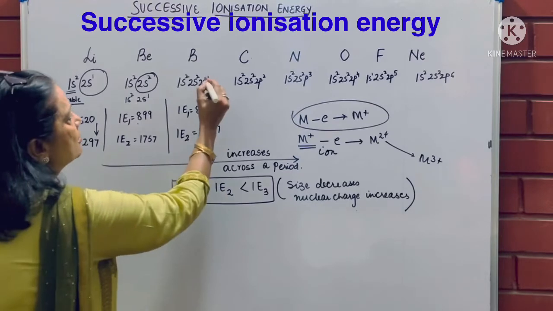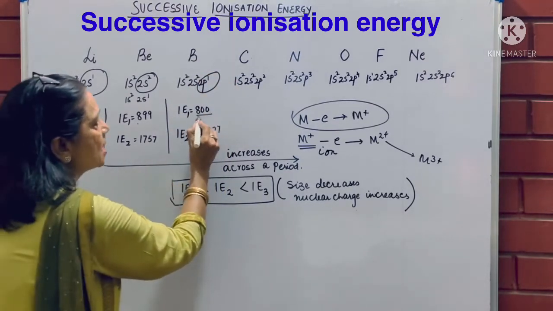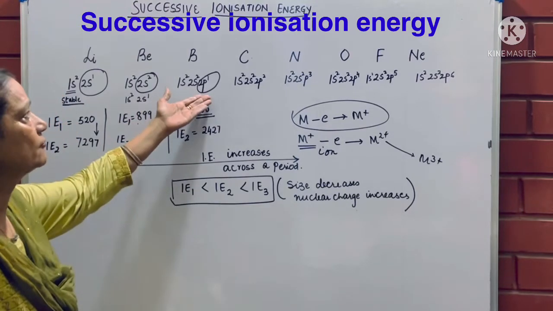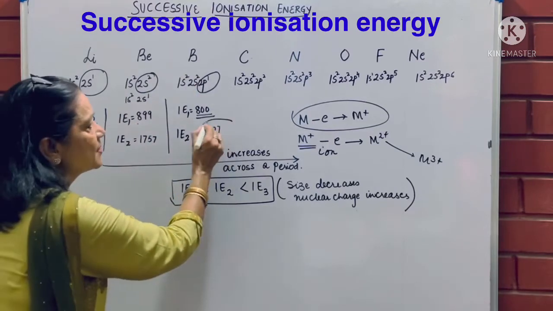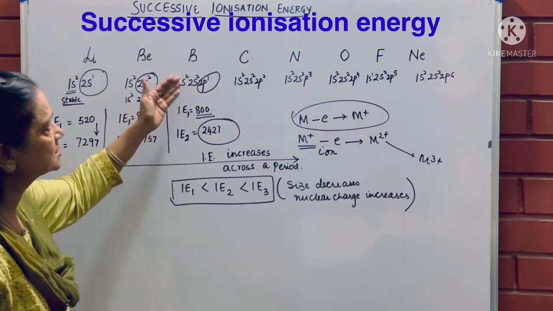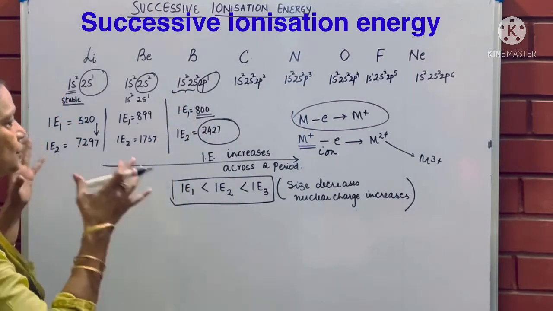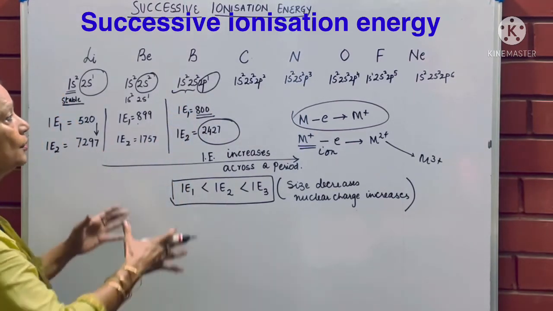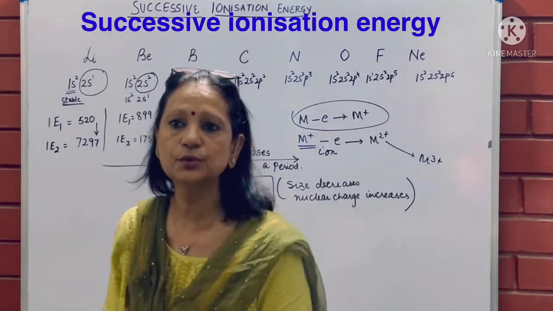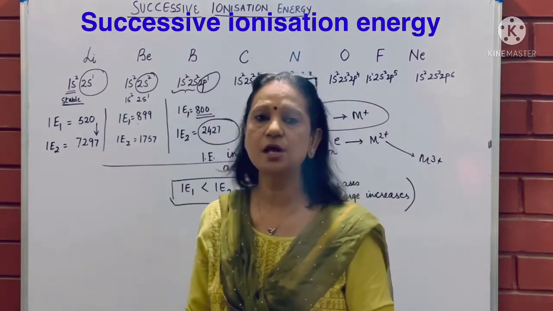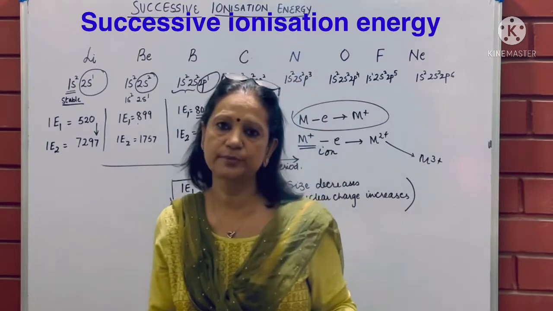Now here, first ionization energy I am taking out from 2p1 has become low because the atom wants to lose electron to become stable at 2s2. The second has become very, very high because now stability has come after 1s2, 2s2. So your questions will be based on your knowledge of electronic configuration, whatever has been asked to you, put it in SPDF notation and understand that from the s orbital, large amount of energy will be required.